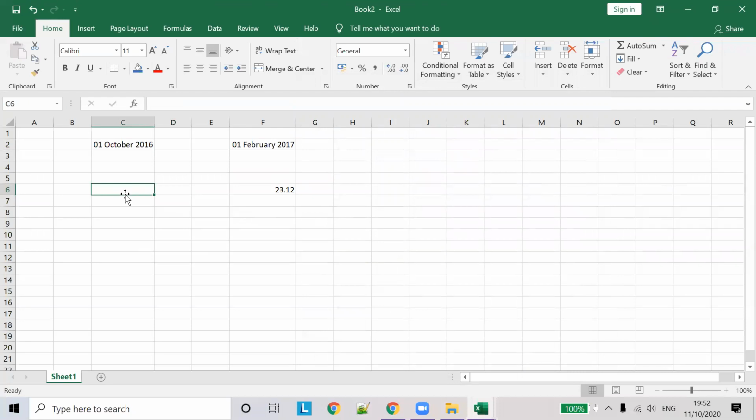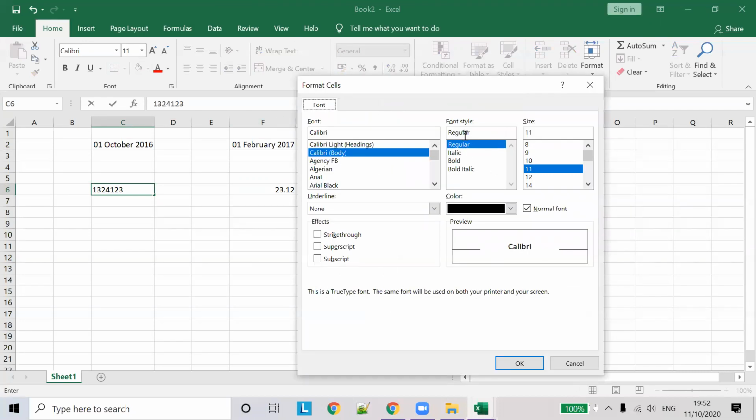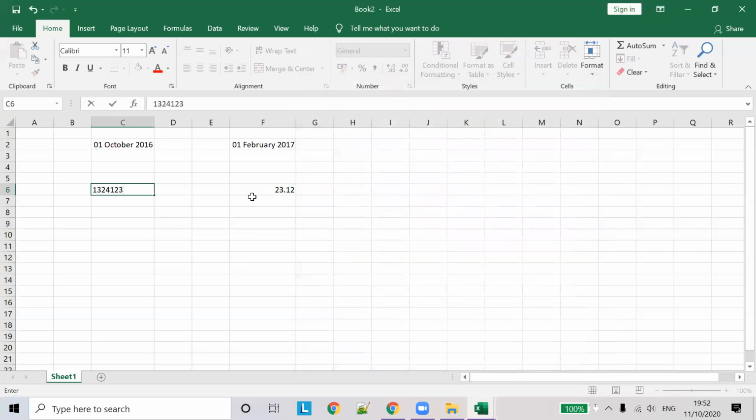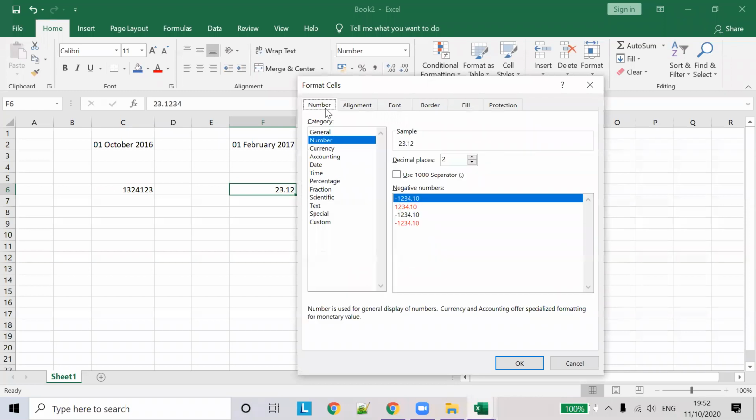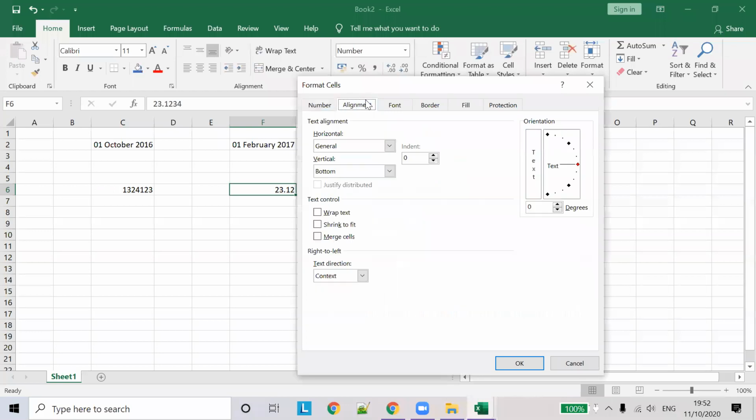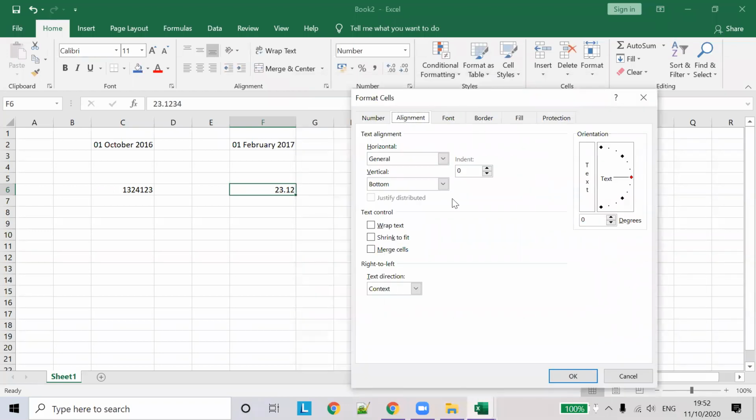We have another example. Again we press Control 1, and we can also choose alignments. We can align text to the left or right or anywhere.